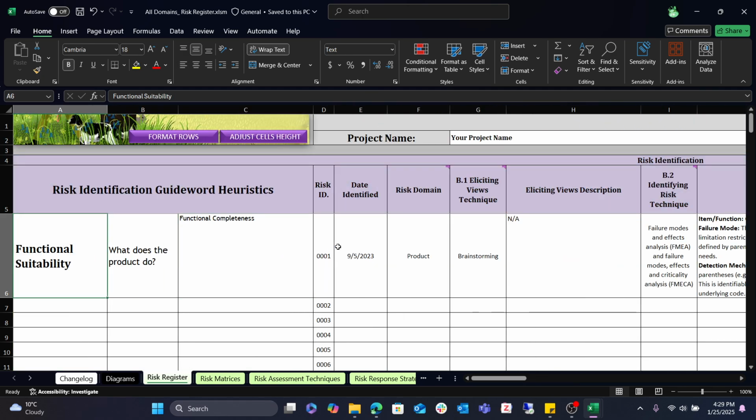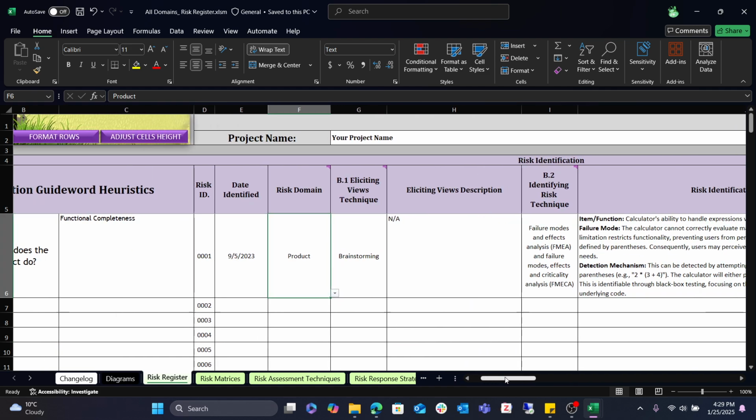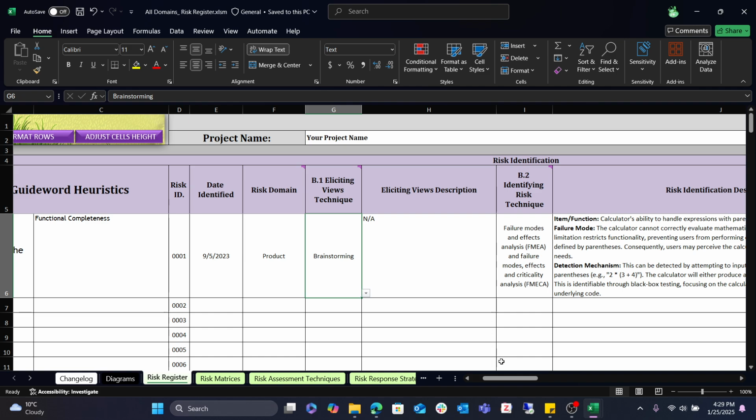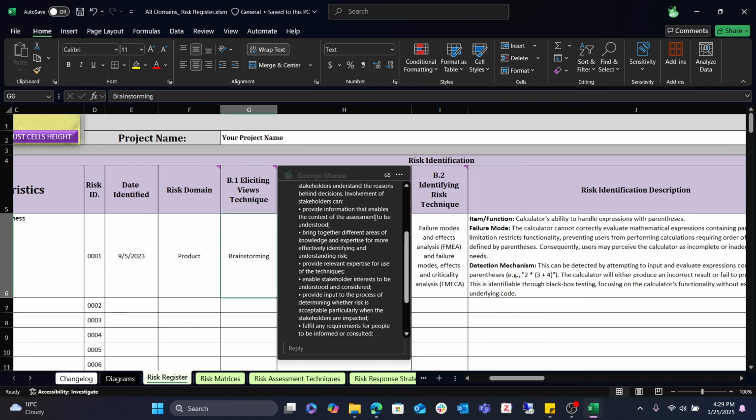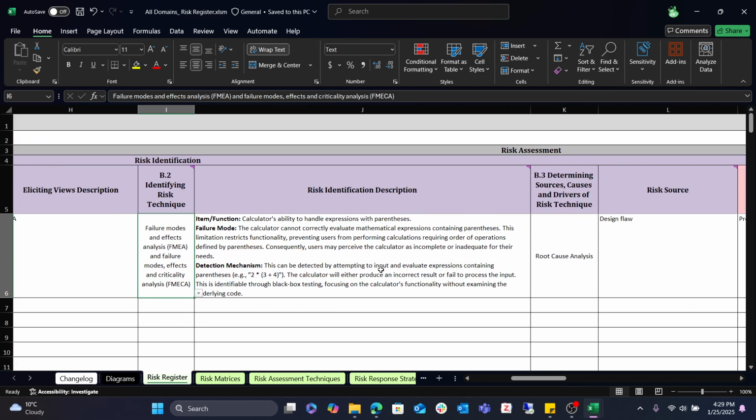So as you can see, there are no more templates here. This is the only one. This is the only risk register that you will have. And so like I said, B1, and if you hover over this, you'll find more information about what is happening and how to complete these columns. So B1, B2, and B3 here,